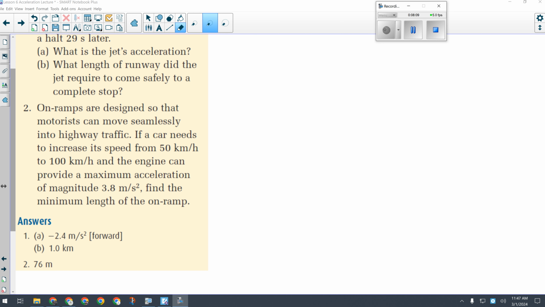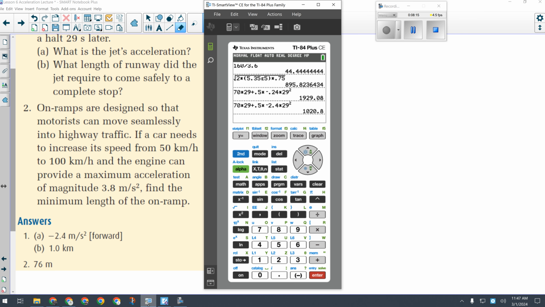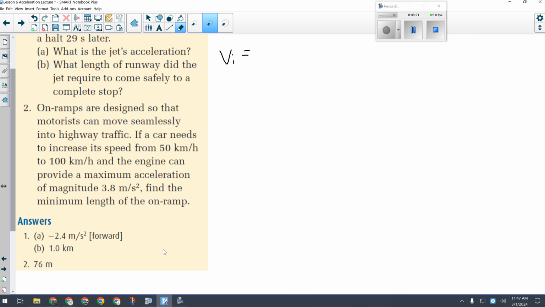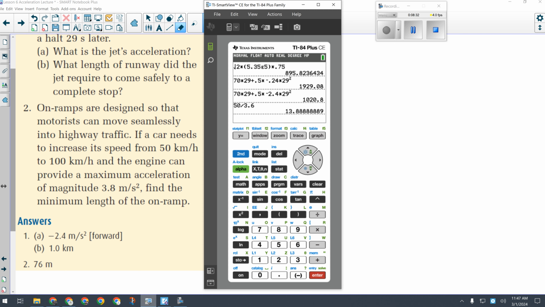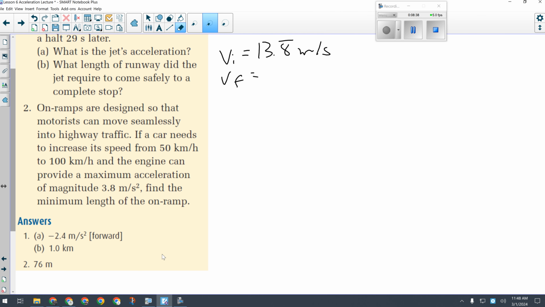So we want to go from 50 kilometers an hour, which we have to convert to meters per second. So 50 divided by 3.6 is going to give us 13.8 repeating meters per second. And we want to get to 100 kilometers an hour, which would be twice that number. But just so that we've got it in the calculator, we'll do that. 27.7 repeating